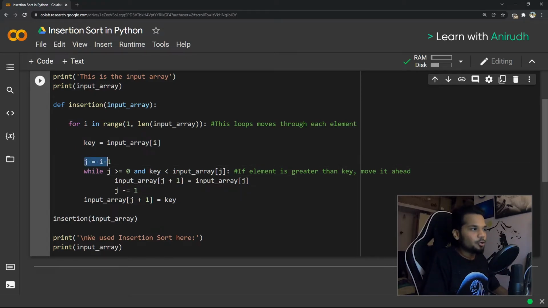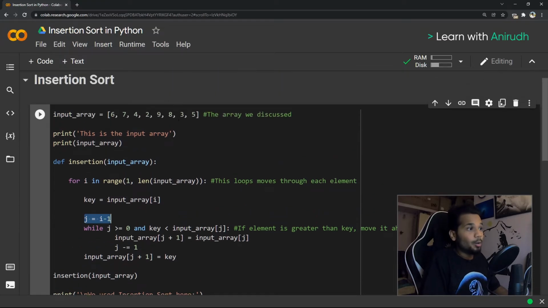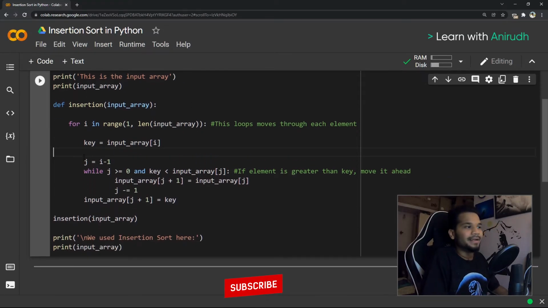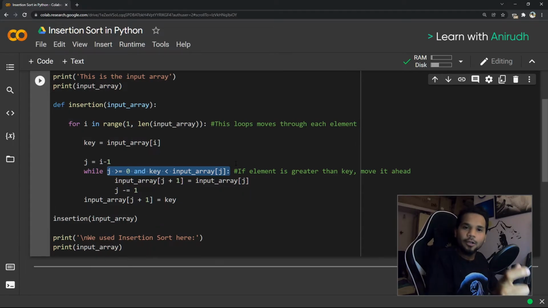That is why the J loop says J is equal to I minus 1. Once you go to the end of it, let's say you want to compare 5 now. What are you going to compare 5 with? There is nothing ahead of that. To make sure that our logic works until the last element and including the last element, this is a simple line that we're going to require. And then we're saying while J is greater than 0 and key is less than input, just move it one step ahead. You remember how we highlighted those two elements in yellow boxes? We made a simple comparison to check if one element is lesser than the other. If it is lesser than the other, you just swap these two elements, right?